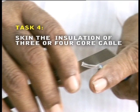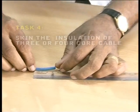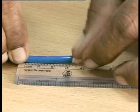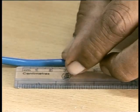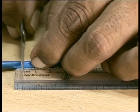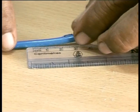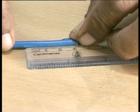Task 4. Skin the insulation of 3 or 4 core cable. Mark out the length up to which the insulation has to be removed from the cable. Place the knife on the marking to which the sheath or insulation of the cable has to be removed, and